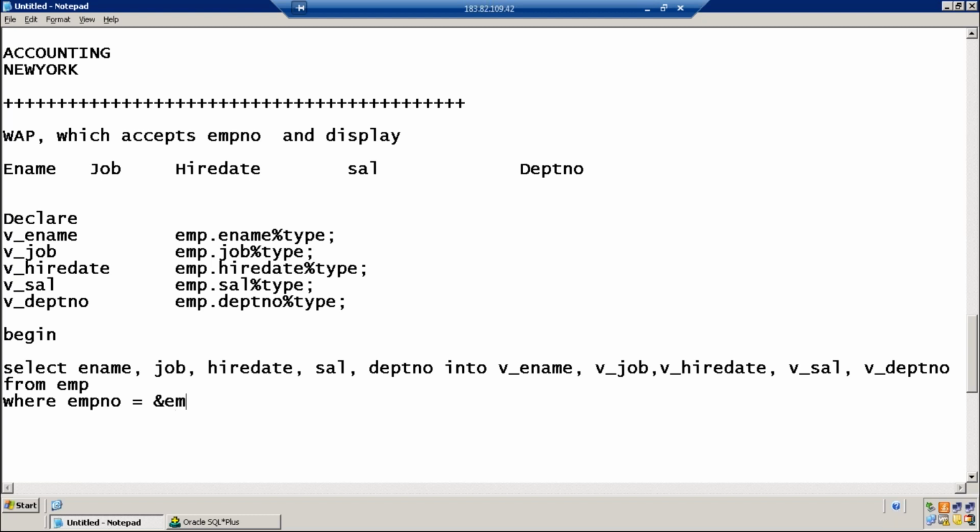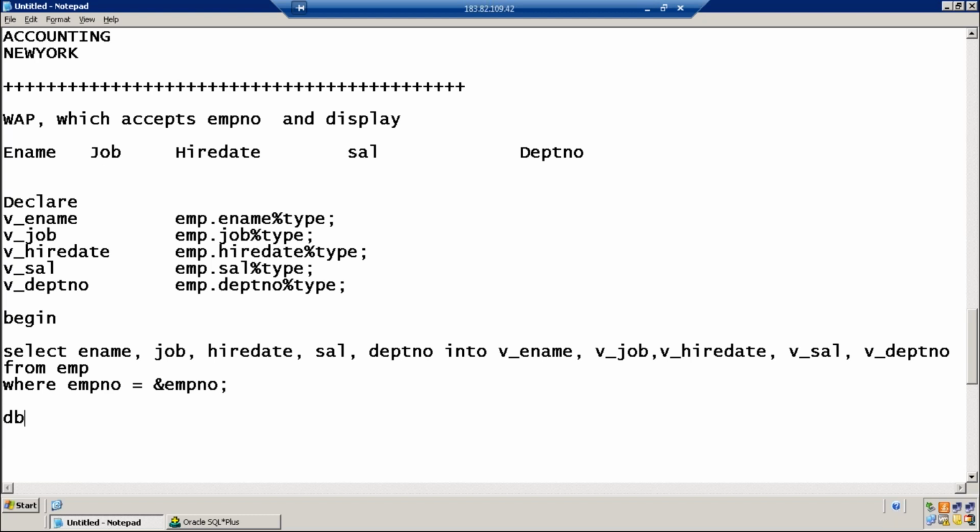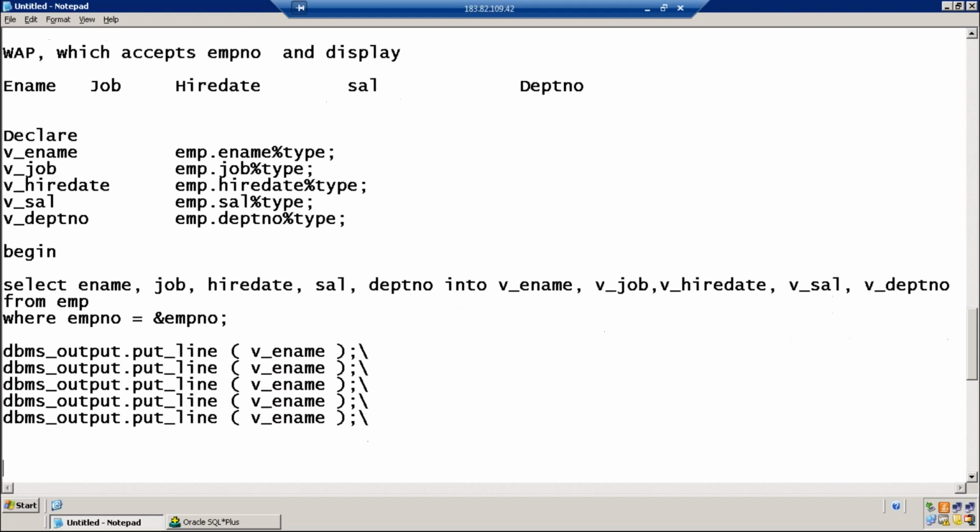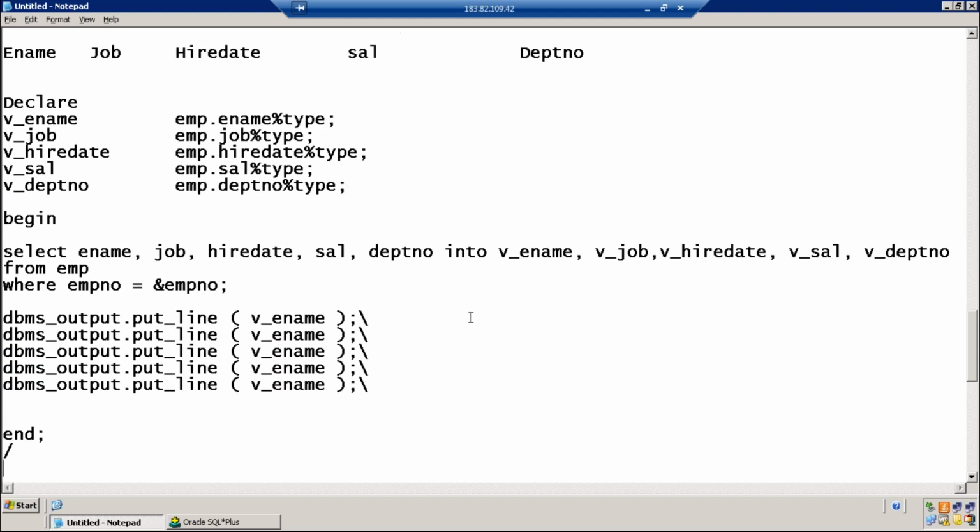Ampersand EMP number. Perfect. Next, print it, and end.